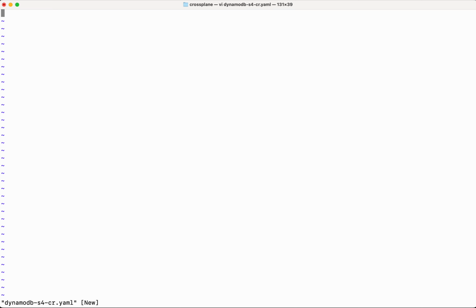cr.yaml. So here again, first we need to provide the API version. So here the API version is going to be api.example.org/v1alpha1. Then we need to give the kind. So kind is going to be the database, and then the metadata. So here we will provide the name. This is the name which will be used to create those resources. So I am going to call it as the